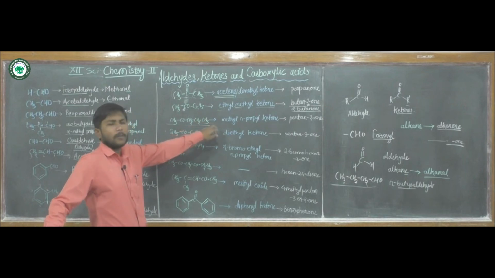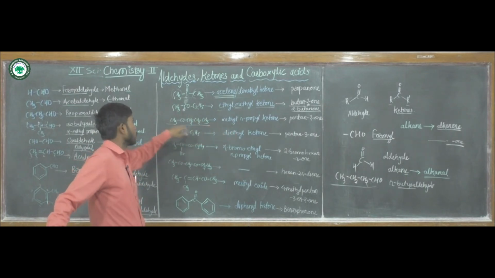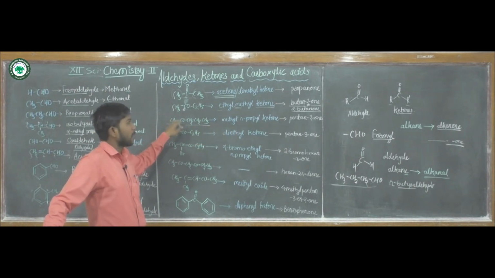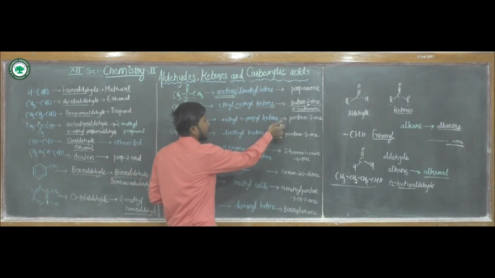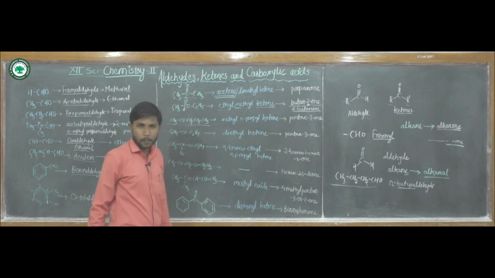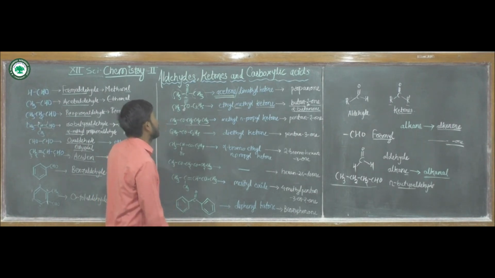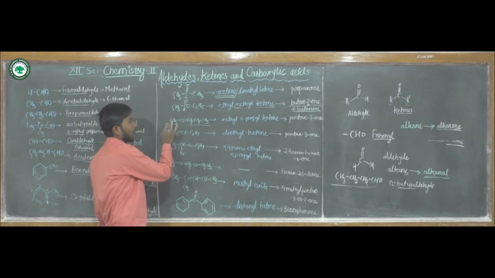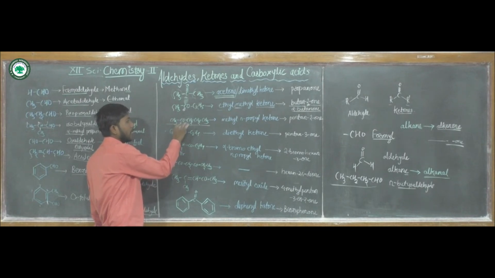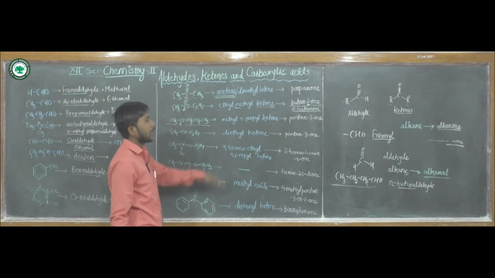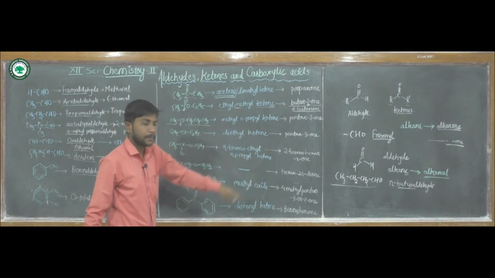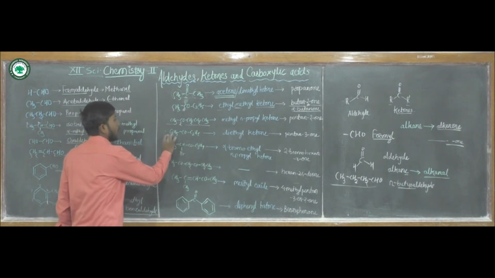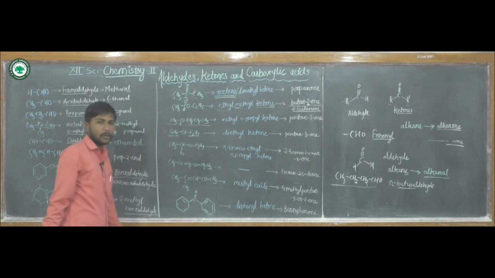Here is a normal, straight chain, that's why it is an N-propyl, and this is a methyl. Alphabetically, the name will be methyl N-propyl ketone. In the IUPAC naming system, the total number of carbon atoms is 5. At the second carbon atom there is a carbonyl carbon, that's why it is pentan-2-one.